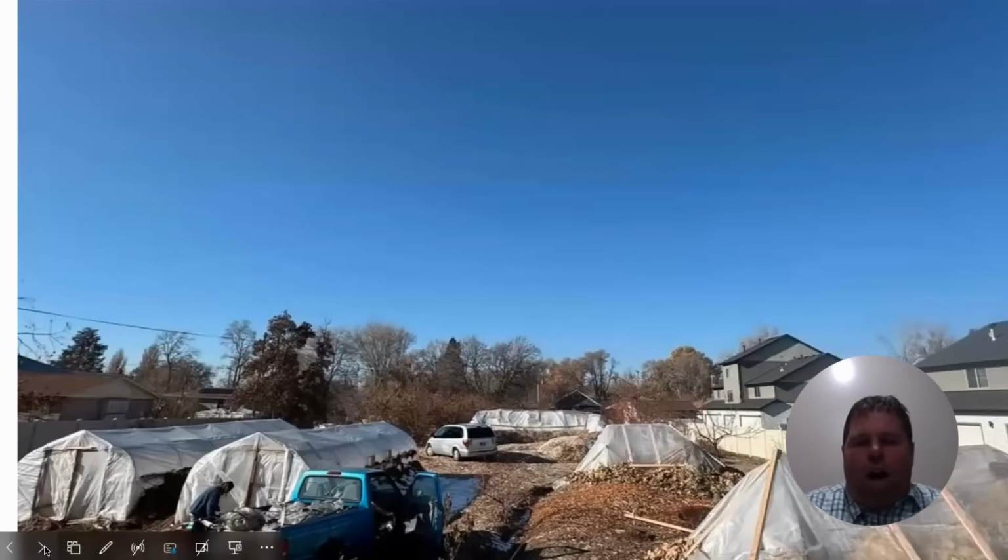Now our Ogden farm is loaded with greenhouses. If you watched the funnels video, this was all open wood chip land deluxe. Now it has greenhouses. Each of these greenhouses that you see, the bigger ones right by my stepson's truck,